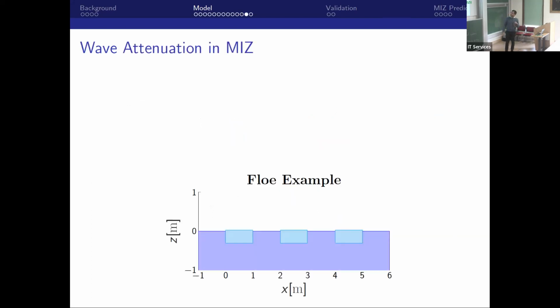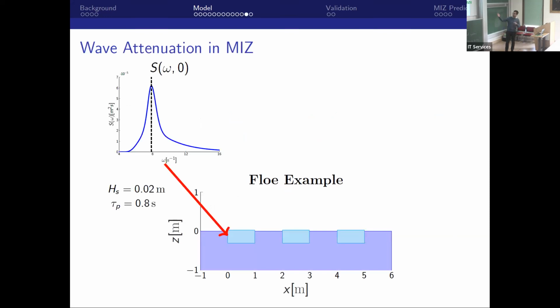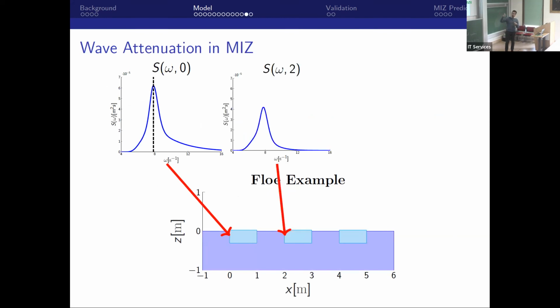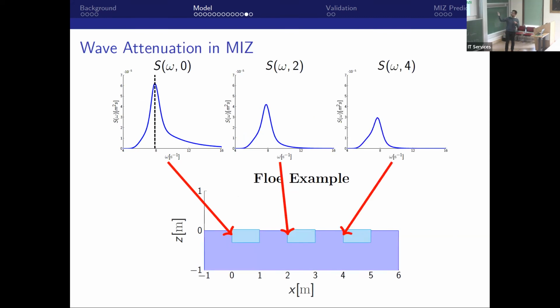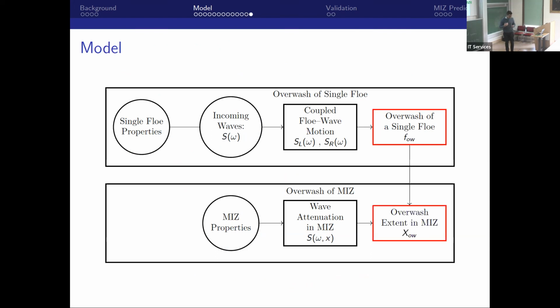Okay, so how our spectra evolution works is just what I said in words. We want some incoming wave spectra to our marginal ice zone, or this array of flows, and then to know what the spectra is incoming to subsequent flows, as we see there. So each flow has an incoming spectra. We can determine if it's overwashing or not, and then we can start defining a distance of the extent of overwash into this array of flows. So good, great, done. But of course, you have to check that this makes sense or works against at least